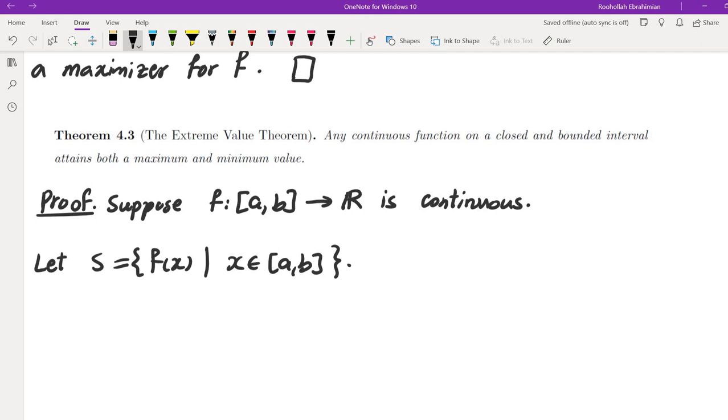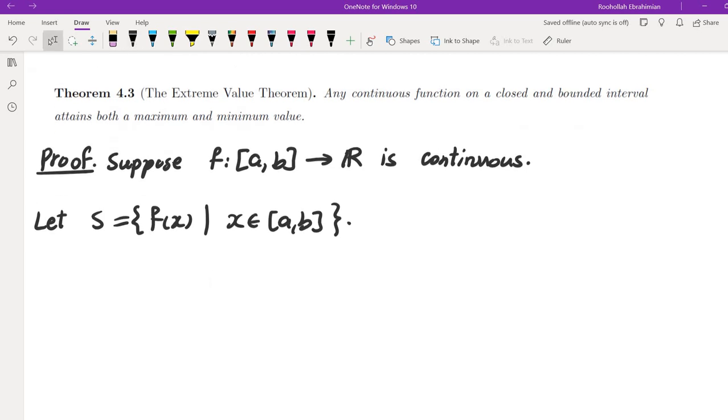What we would like to do is show that this set S has a maximum value. We can also show there is a minimum value for the image, but we will only show the maximum, and the minimum would be similar. We'll talk about that at the end. So if you look at the image of this function, we want to show this set S has a maximum, and this maximum means it is f of some value in the domain, f of some number a0 inside